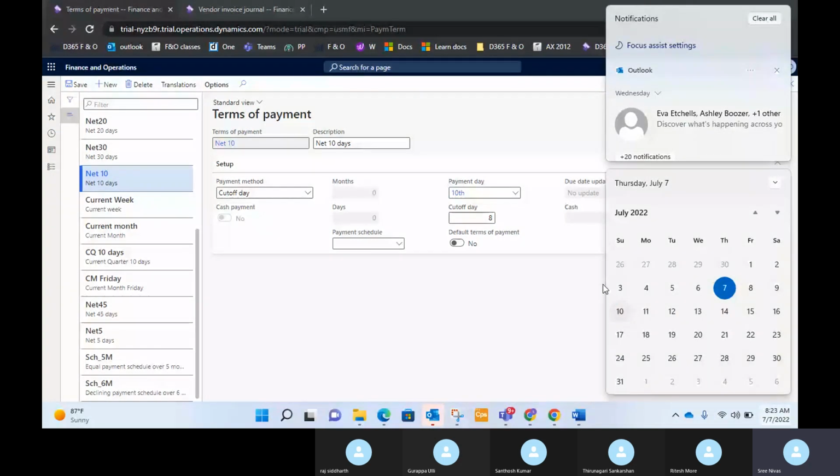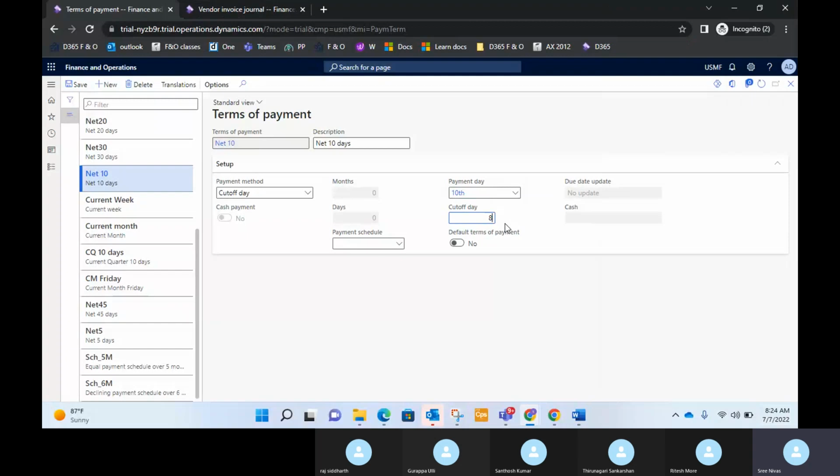But since you have given the cutoff day as the 8th, whatever invoices you have received till the 8th, only those invoices will be paid on the 10th. Let's say if the invoice is received on the 9th, then for that particular vendor, the payment cycle, he has to wait till next month's 10th only. The reason being, you have given the cutoff day as the 8th. So let's say if you are giving this cutoff day as the 5th,